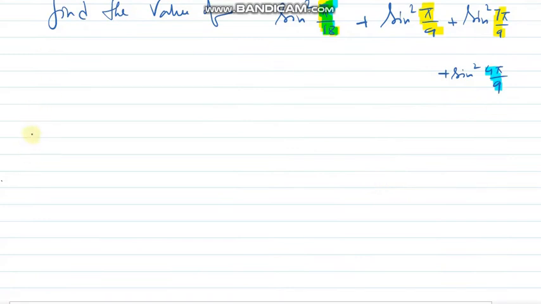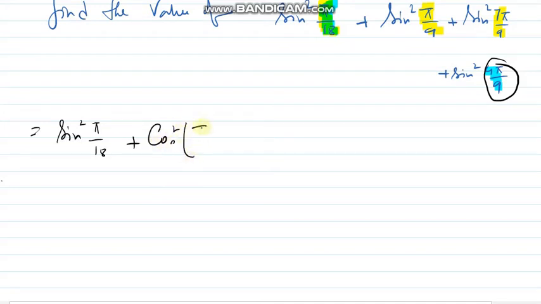So now can we write the sum as sine square pi by 18, and this angle can we write as sine square theta as cos square 90 minus theta, because we have checked already that these two angles, if I add, I'll get pi by 2. Now what will happen if I add these two angles? Just check. It will be 8 pi by 9, right?